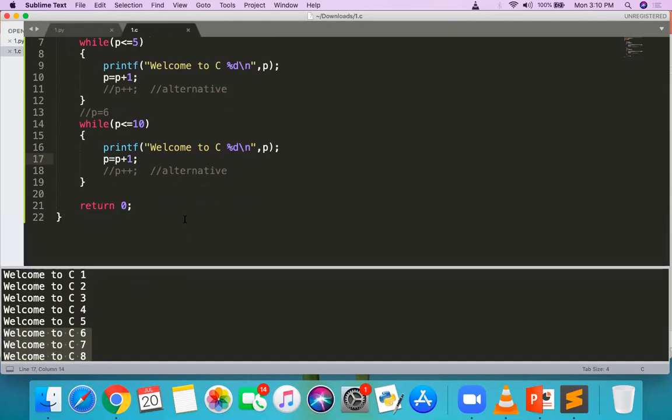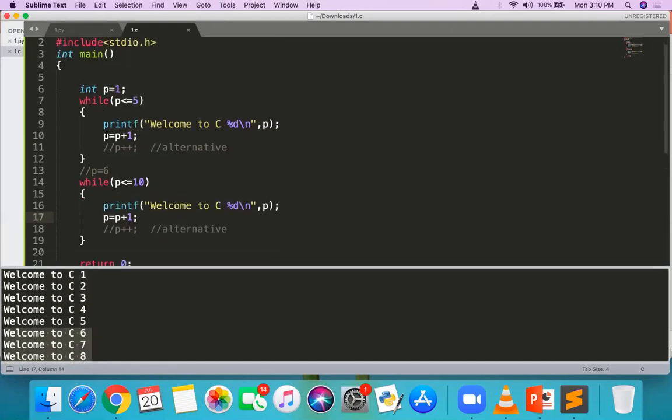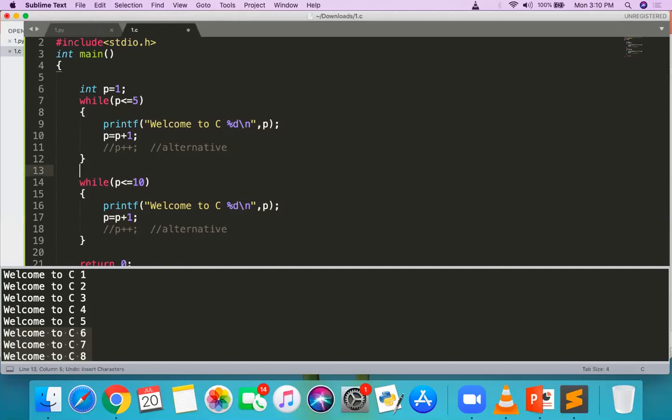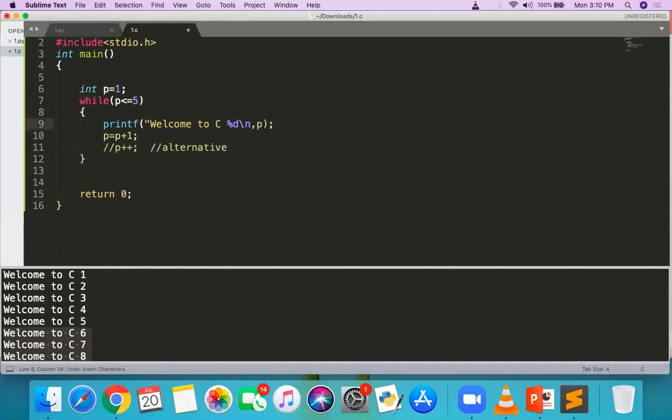So you can add any number of loops in your program. You can even have a loop inside a loop, which is known as a nested loop, but its application is different. Okay, so here, control Z. So I'm writing a program. You just need to modify it and identify what the output is.